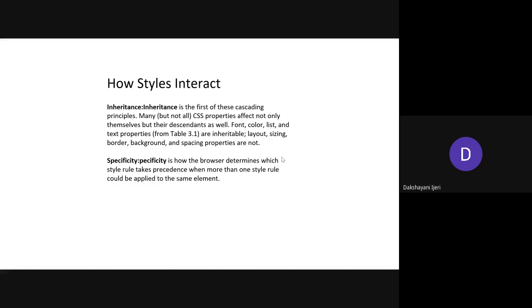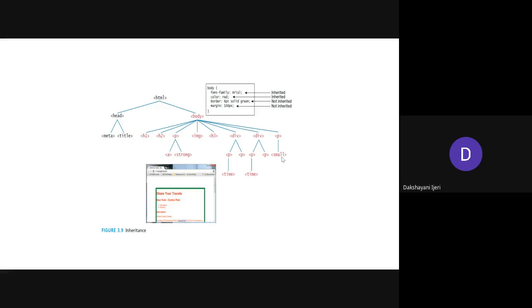Suppose you use all three levels at a time, if it comes to ambiguity, for example, if you have defined a style for the paragraph element in the embedded as well as the inline and even in the external file as well. At that time, it is left to the browser to decide. But how is the browser going to determine, right? So the browser determines with the precedence level, right? The one which has the higher precedence will be selected, and which has the higher precedence, do remember this, right?